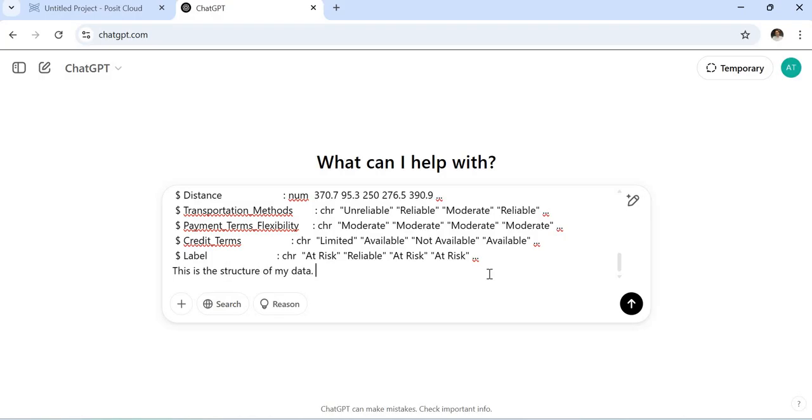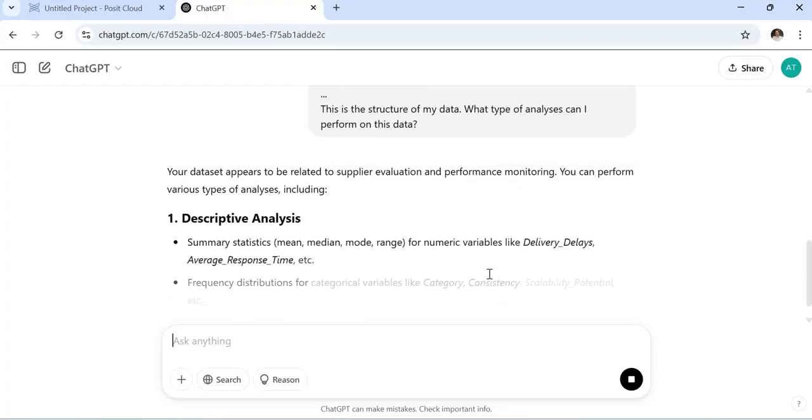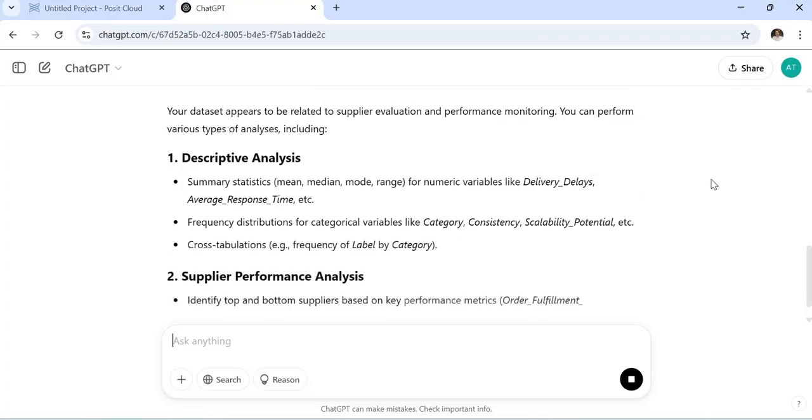What type of analysis can I perform on this data? Okay, let's ask ChatGPT and it will tell me what I can do. So it is telling me